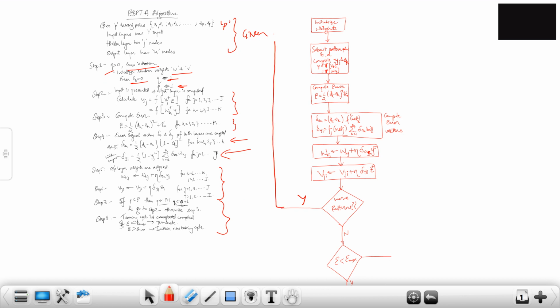So we go back here and begin new training. If there are no more patterns, we check the error. If error is not less than max, we set error back to 0 and start over again.